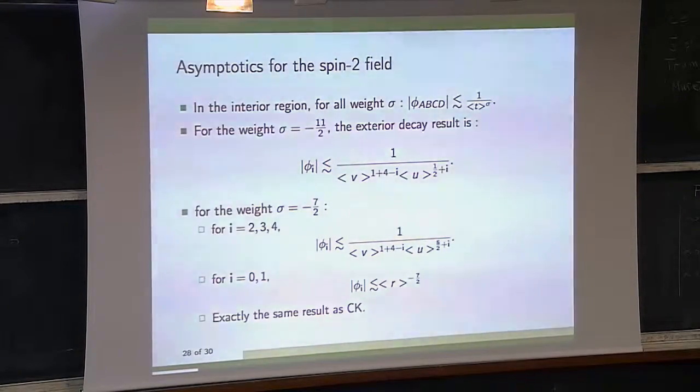By Christodoulou and Klainerman, so we are safe. So here, about this weight, sigma equal minus 1 half, just a small comment about conformal compactification and asymptotic behavior. So when you are working with data which are